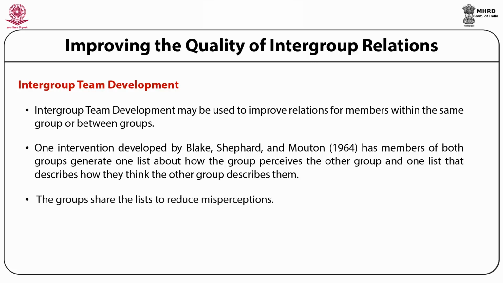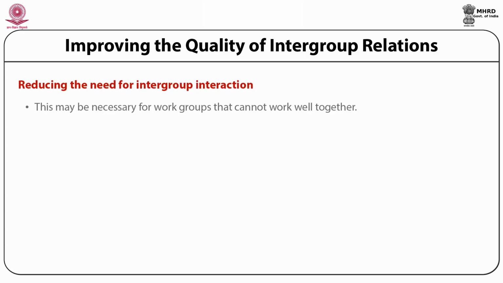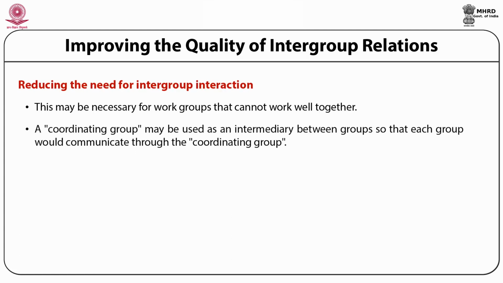Now here the groups share the lists to reduce the misperceptions about each other. Another need could be reducing the need for intergroup interaction. This may be necessary for groups, especially work groups, that cannot work well together. A coordinating group may be used as an intermediary between groups so that each group would communicate through the coordinating